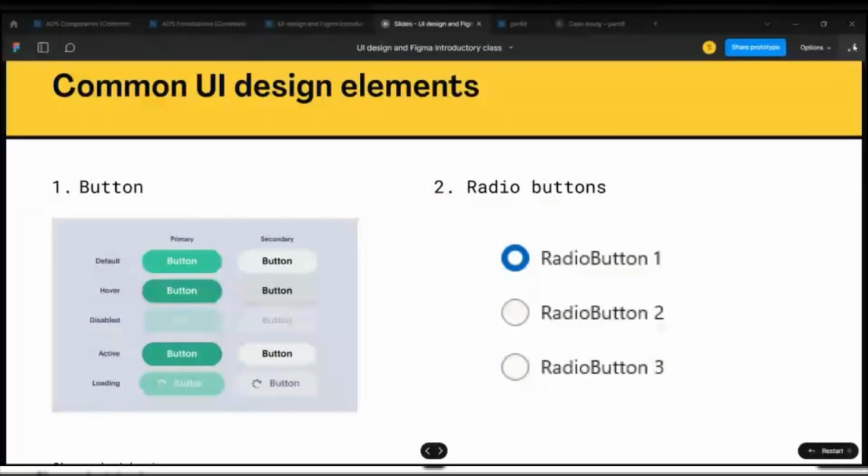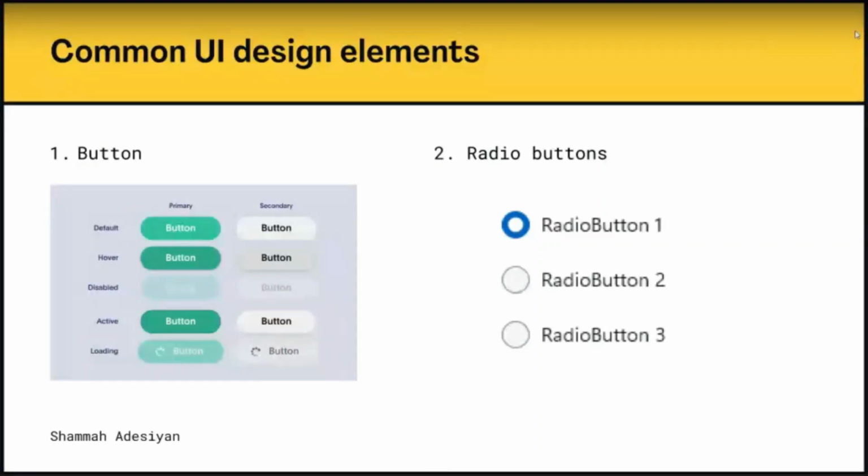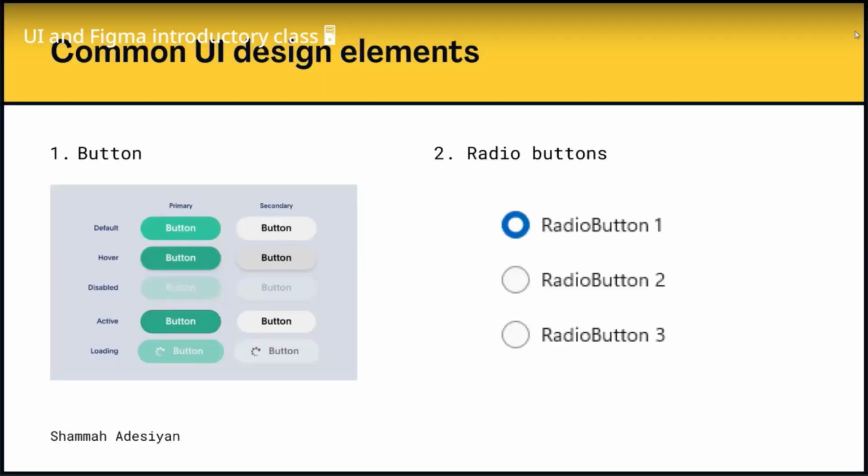So I'm going to be talking about common UI design elements. I know these are things you see in everyday UI designs. So number one is the buttons. I'm sure everyone here has interacted with a button in many products that they have used, even today. So you know that buttons are clickable elements, emphasis on clickable elements, that trigger an action or change the